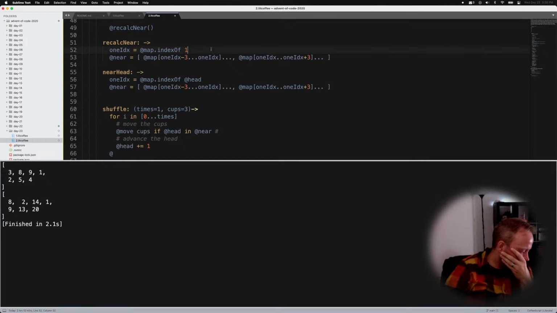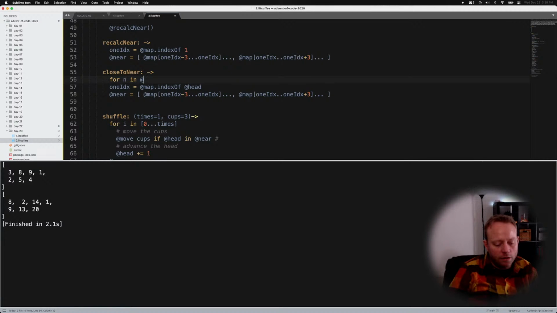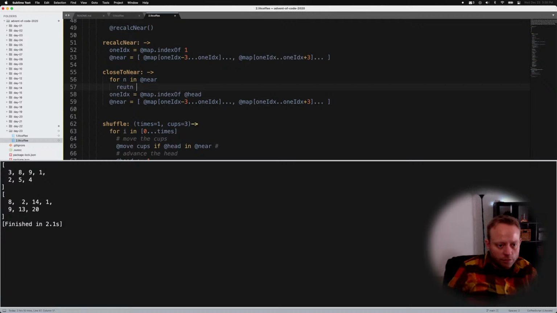or head is close to any of the numbers in the nearby array. So if it's in near, or if it's close to any number in near. So if it's within 3, so this would be close to near. Would be for n in near, return true if